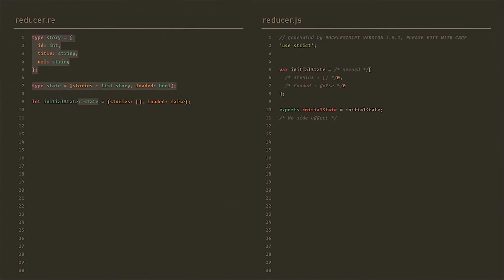But if we do this, the compiler is going to complain. Any record that we use in Reason needs to be annotated with a type. It's not going to try and infer a record, which it would do for other things. So to annotate this with a type,